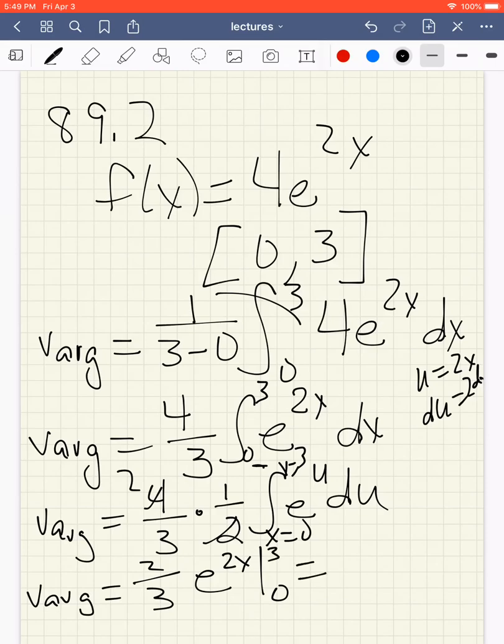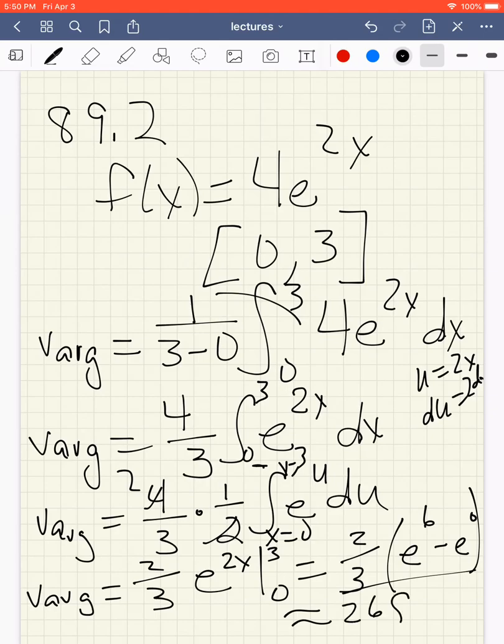So that will be equal to 2/3 times e to the 3 times 2, so that would be e to the 6 minus e to the 0. And you can just leave it like that, that is fine, or e to the 6 minus 1. The decimal approximation is 268